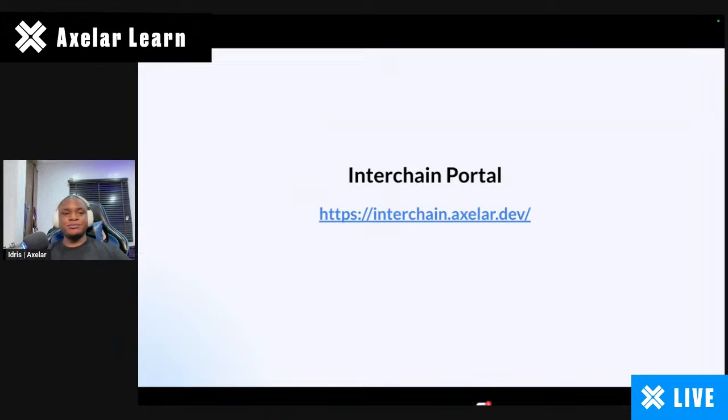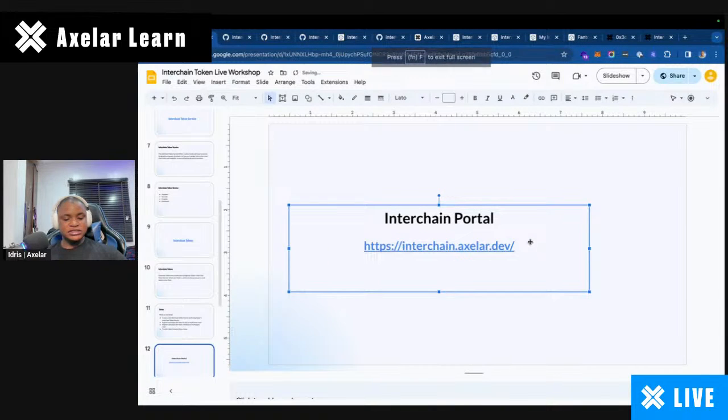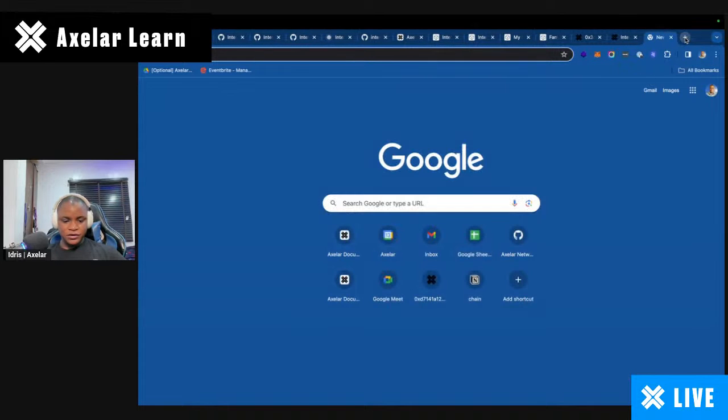This is us doing it programmatically. But if you want to go the no-code route and all you want to do is play around with things directly online without doing anything programmatically, we got it covered. So if you go to this URL, of course, this is mainnet. Let me go to the URL here,